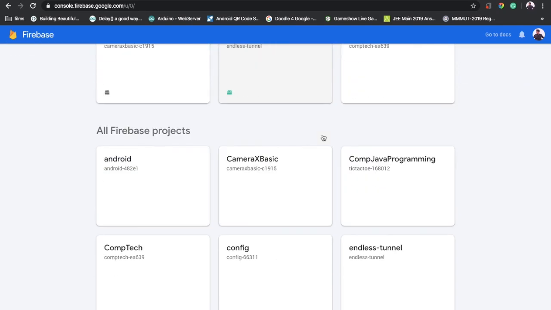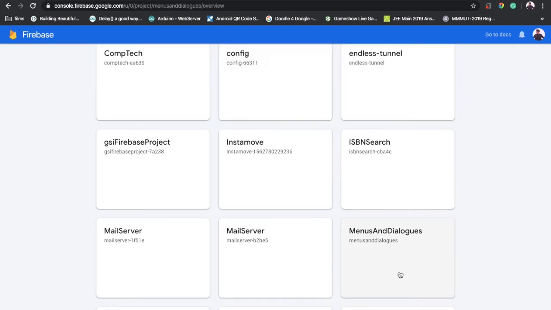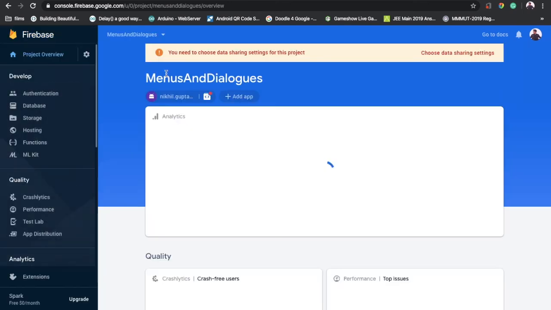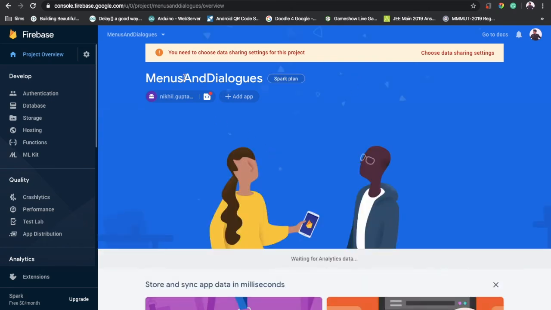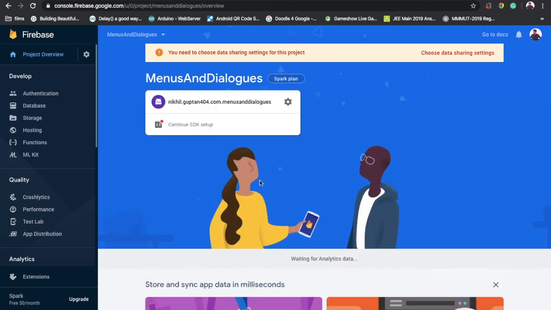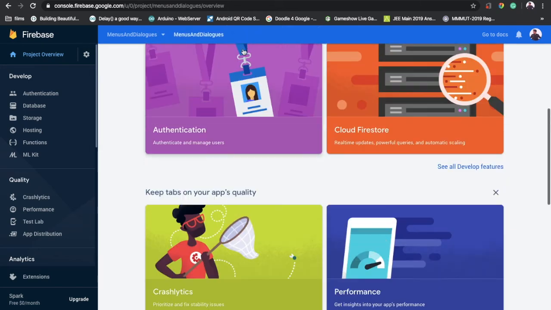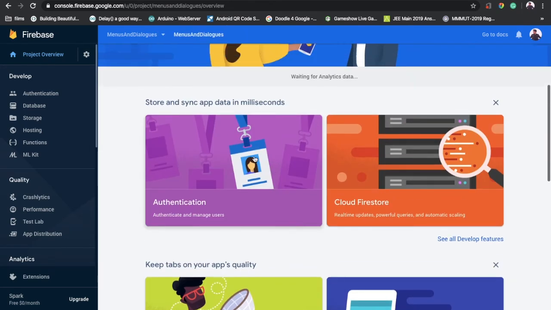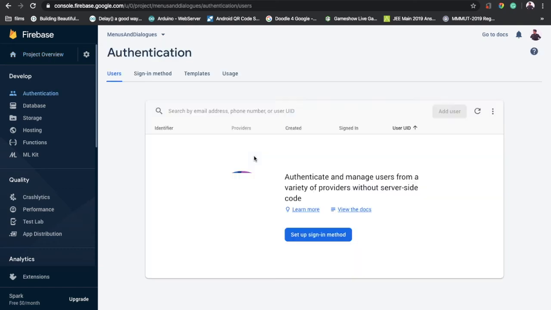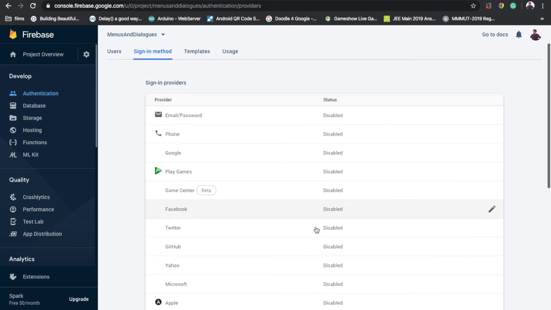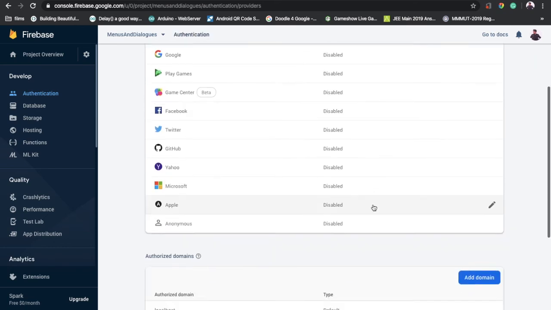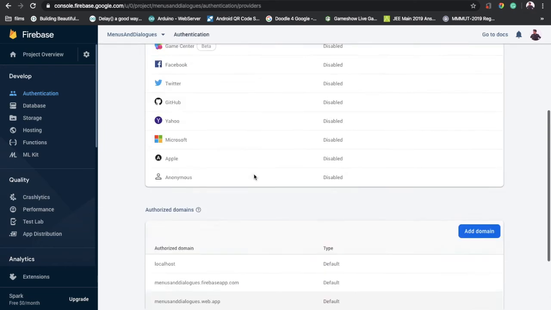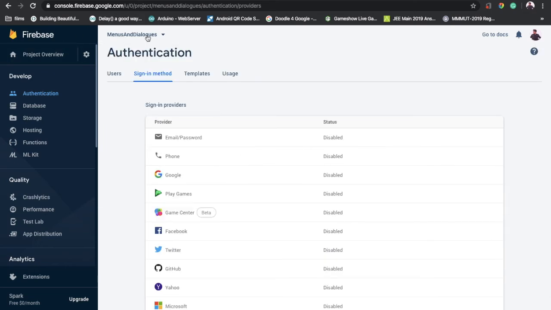So we have finally found our menus file here, menus and dialogues. Let's open this file, and you can see it's already linked here. Now we need to add authentication, so we have to set up the sign in method here. See, this is disabled, enabled. I'll tell you in the next video how to do it. For right now,